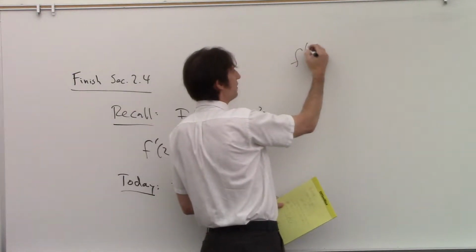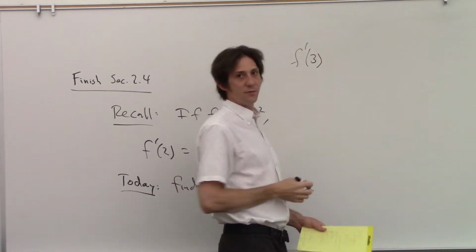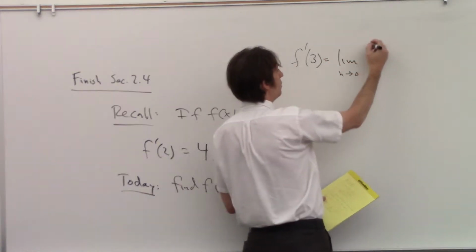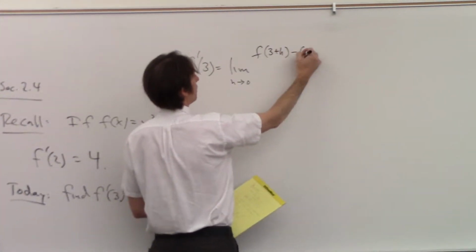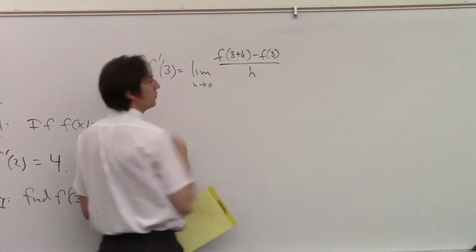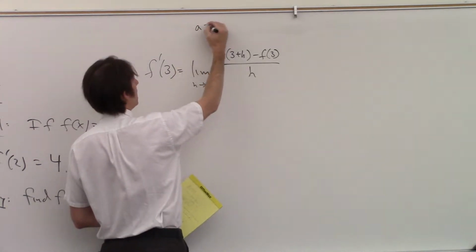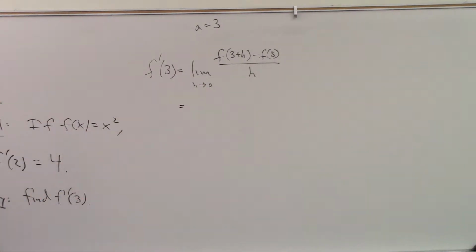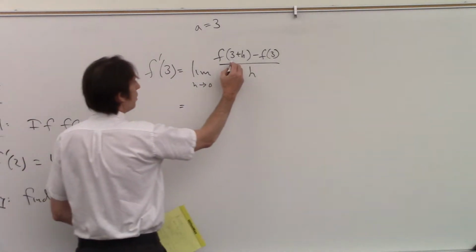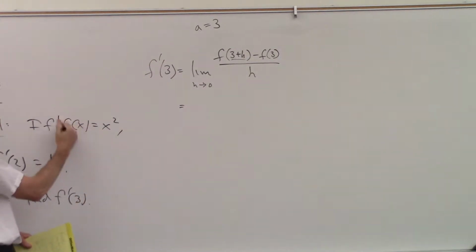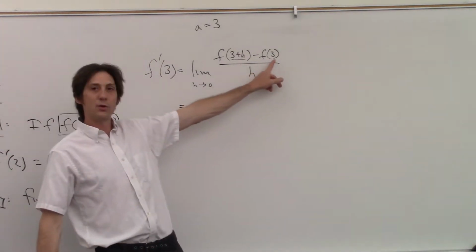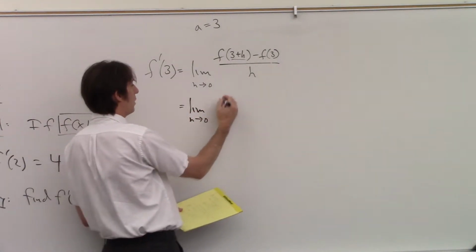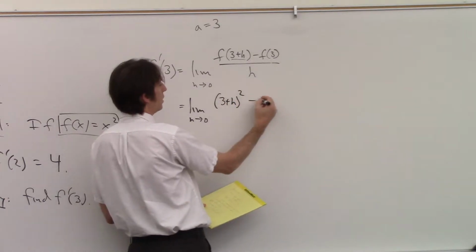So, from our definition of a derivative, the derivative of the function f at 3, f prime of 3, is the limit as h goes to 0 of f of 3 plus h minus f of 3 all over h. Okay, so here I'm using the derivative formula with a equal to 3. Like we've seen a bunch of times now, to evaluate the numerator, I need to plug 3 plus h into the function f of x equals x squared, and then I will also have to plug 3 into that same function. Okay, that becomes the limit as h goes to 0 of the quantity 3 plus h squared minus 3